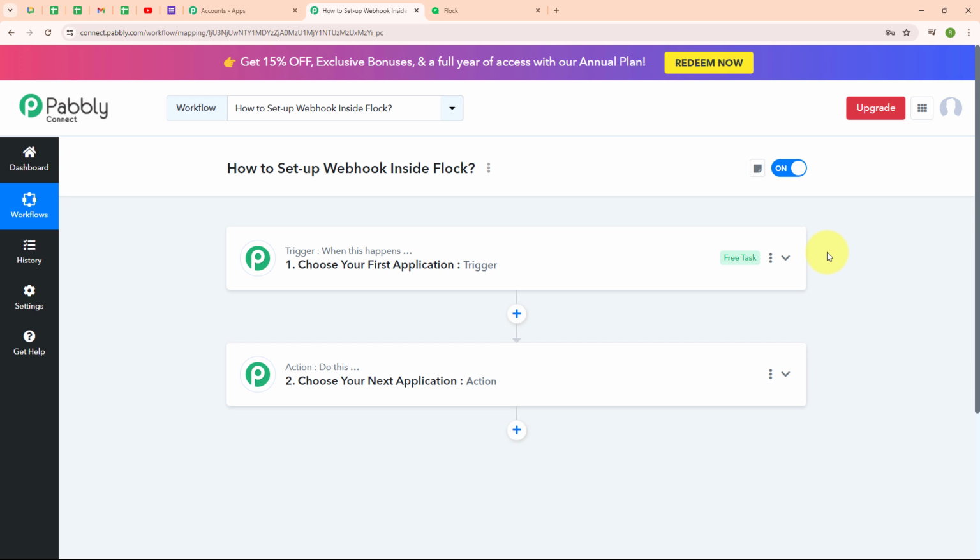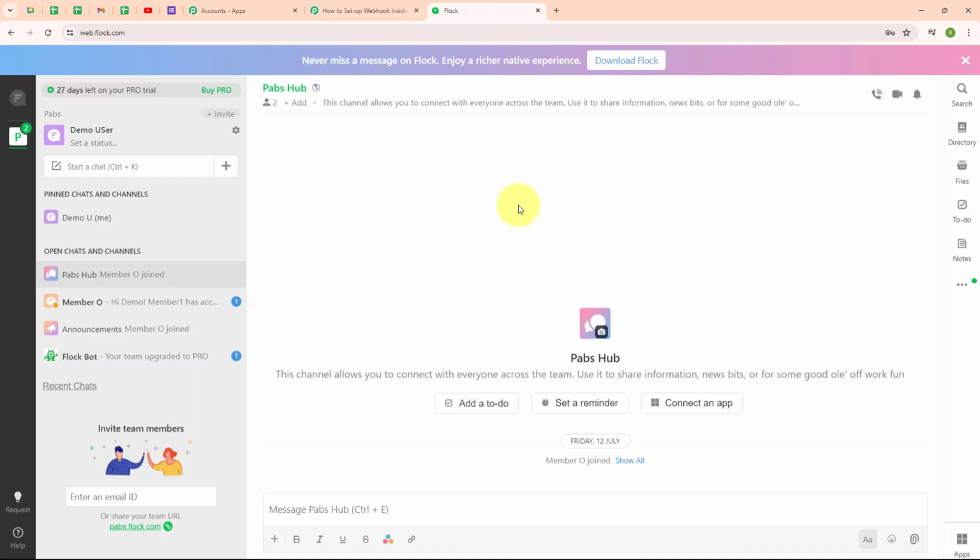So in this video we are going to learn how to set up webhook inside Flock. Flock is a versatile team communication and collaboration platform that brings all your work conversations and tools into one place. It provides real-time messaging, allowing team members to chat instantly, share files, and even start video calls without leaving the app. With dedicated channels for different projects or topics, Flock helps keep conversations organized and ensure that everyone stays